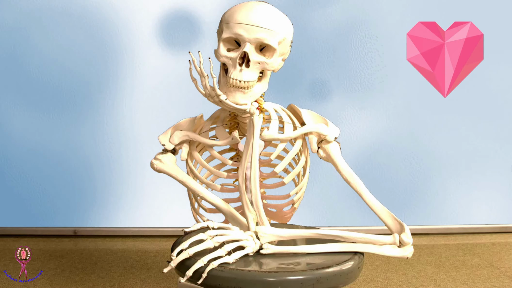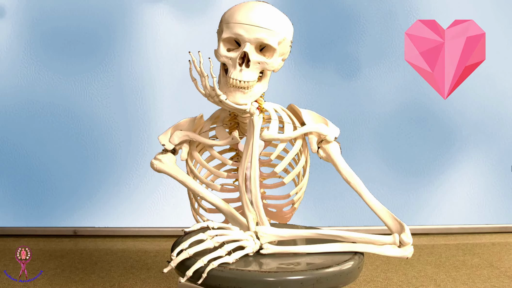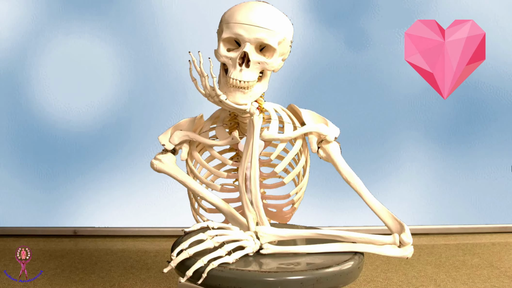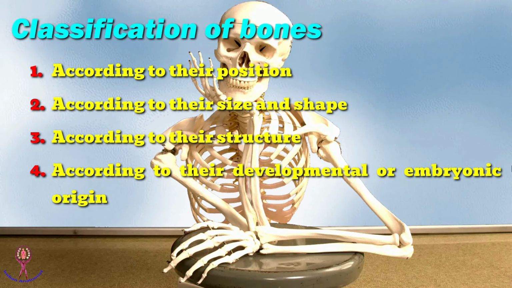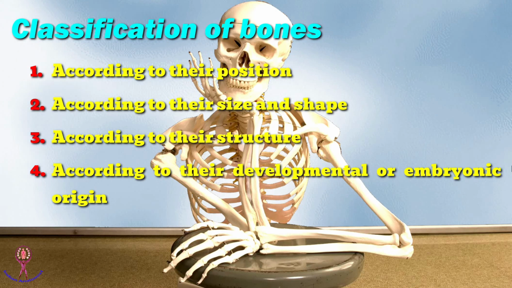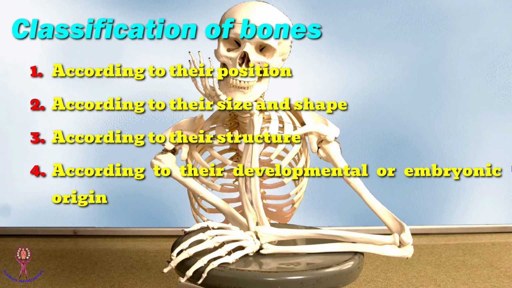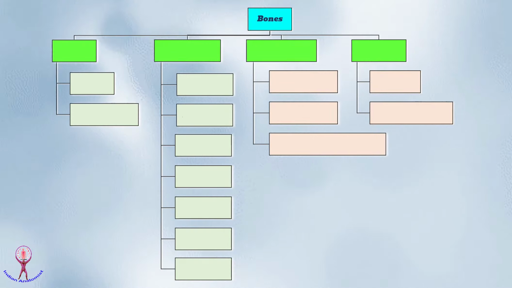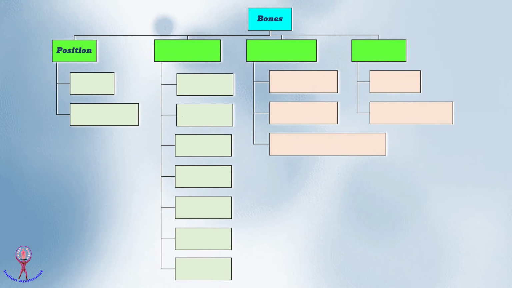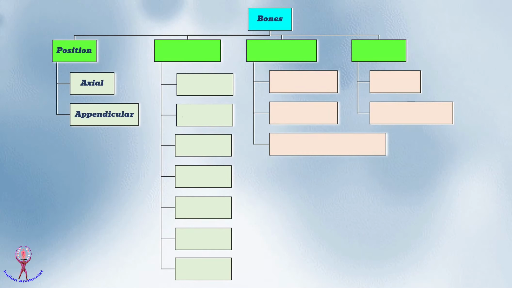First, I will now explain how bones are classified. In general, the bones are classified: 1. According to their position or region. 2. According to size and shape. 3. According to their structure, and 4. According to development. Number 1, the bones according to their position are categorized into two main groups, namely, the axial